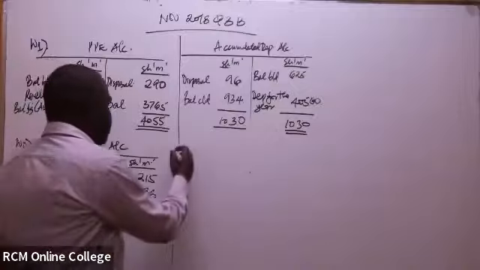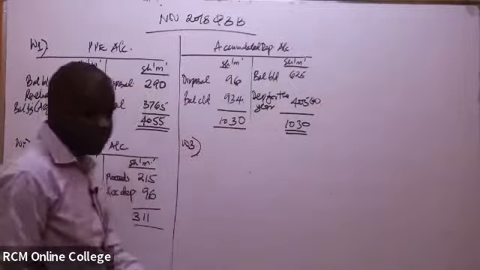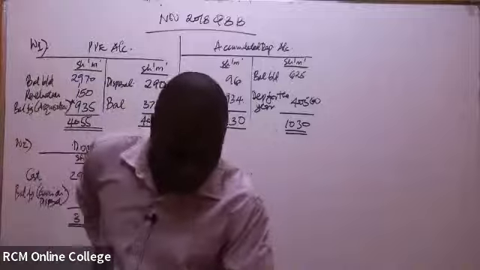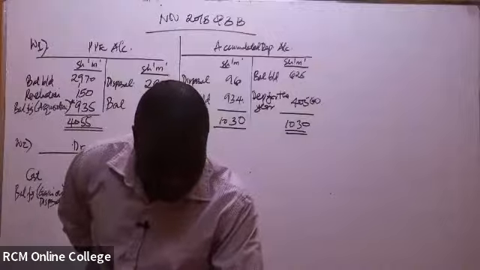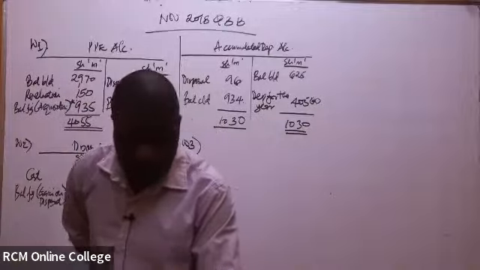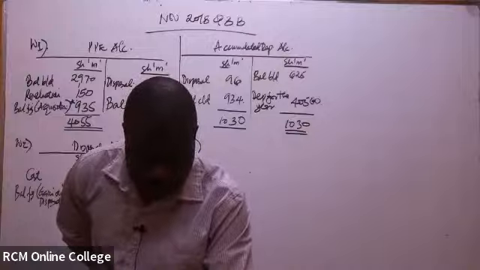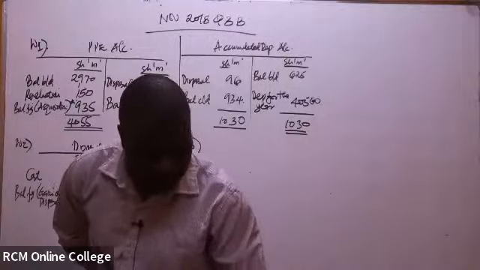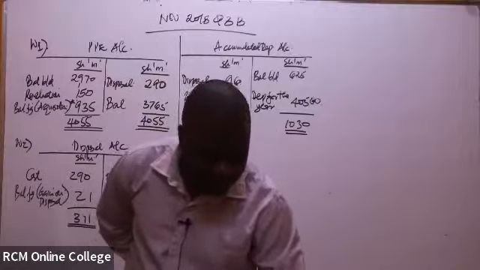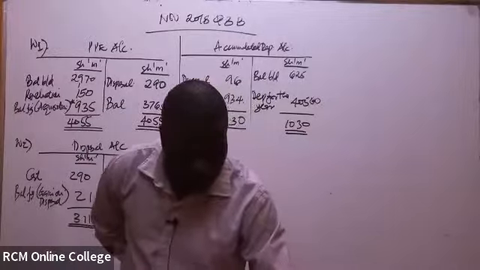So we can go to the other working, which would be working number 3. So this one is in connection to note number 2. You are told under note number 2, the 10% convertible loan stock was converted at any time at the holder's option. So if you look at the statement of financial position, the 10% loan stock,